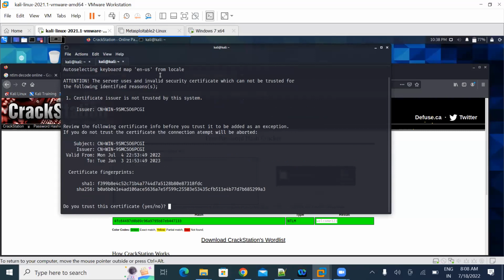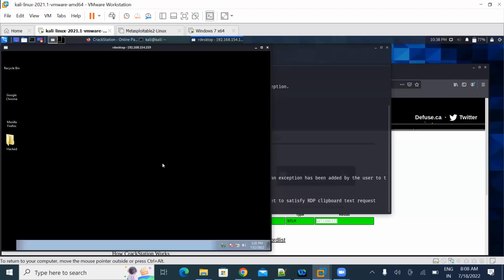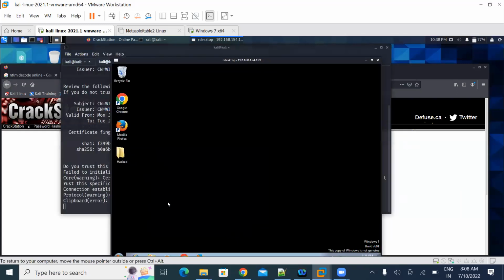Enter. Do you want to trust this certificate? Yes. That's it. Other user, because the username is Alex. Password is welcome123. Just now we were able to find it. Alex and welcome123. Is this correct? Yes. We are successfully able to do the remote desktop to the target. This is optional, taking remote session. Just for your understanding, I have given these details, but our objective is you should be able to gain the